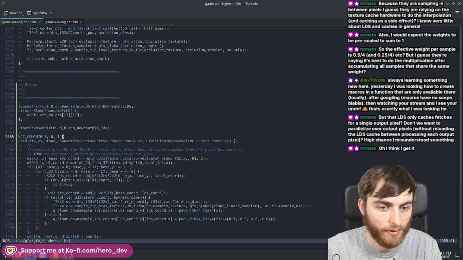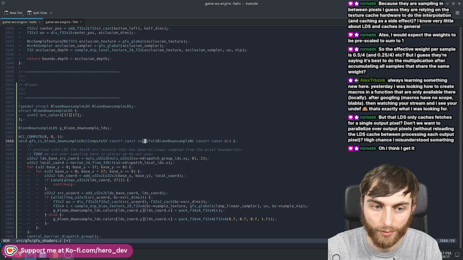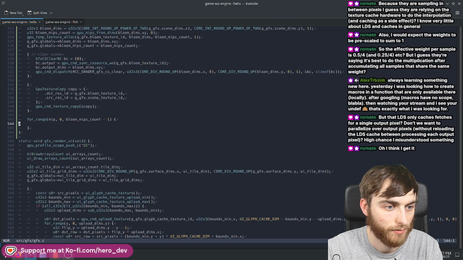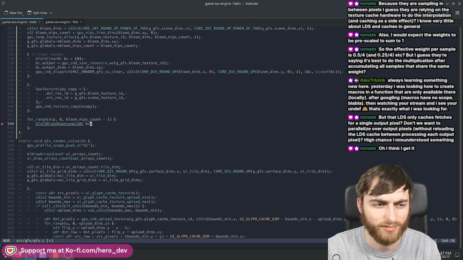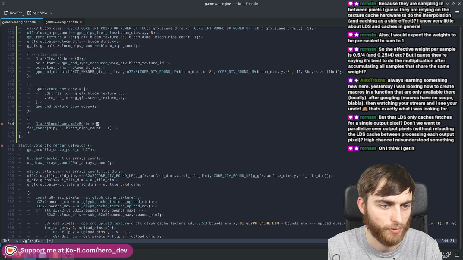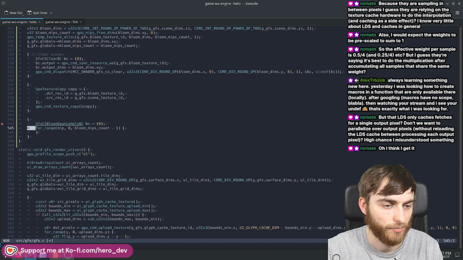Right-o. I would take this bloom downsample, fill it all in, and then kick off the shader. So let's go to graphics. We plop that in there like so. If we put it out here, it means we can pre-initialize it once and reuse some of the variables. So we'll simply just say, right,